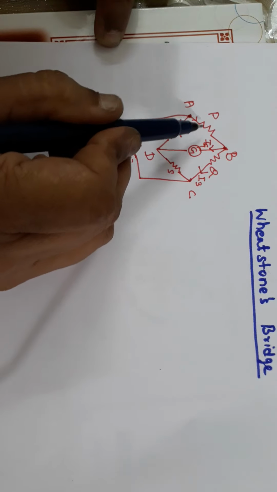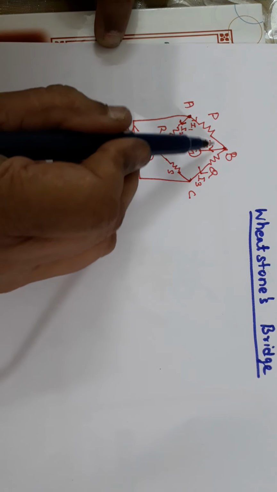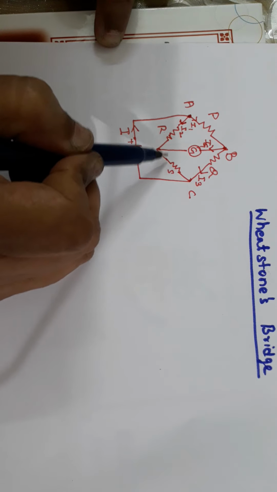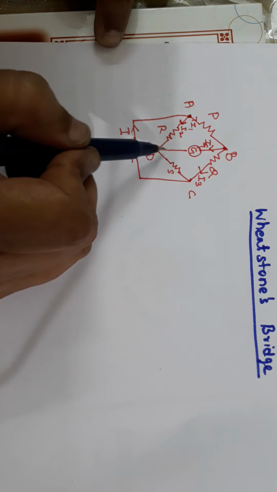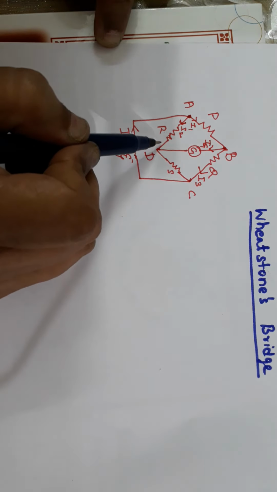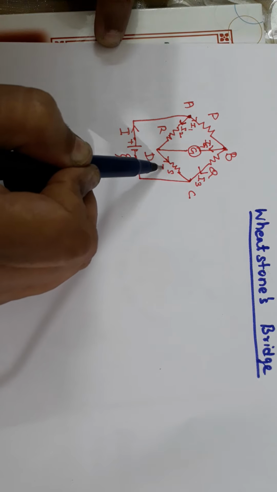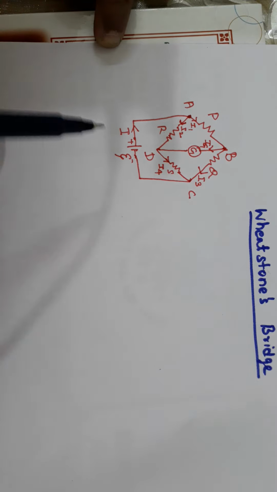Now in all the lines you can see 4 lines with current. The leftover line is here. The current I2 again has to split this way and the other way. Here already in this line there is Ig current, so leave it. Here you can mark the current as I4, right? This is how you have to draw.